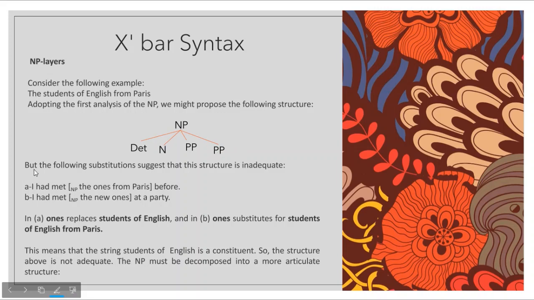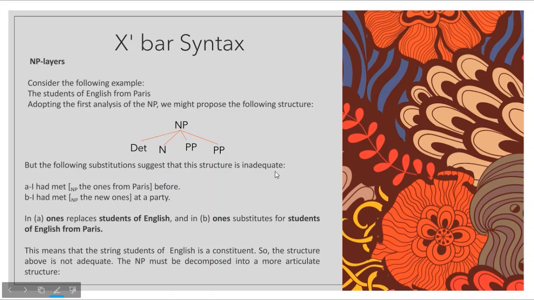Okay. But the following substitutions suggest that this structure is inadequate. We are going to do a substitution test,